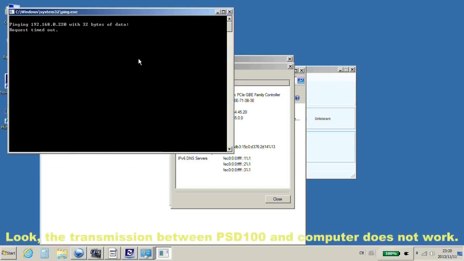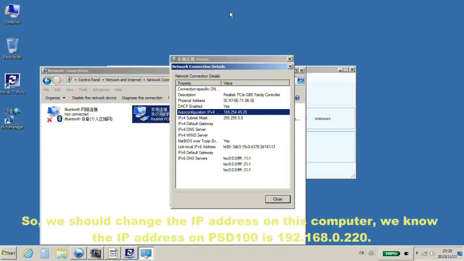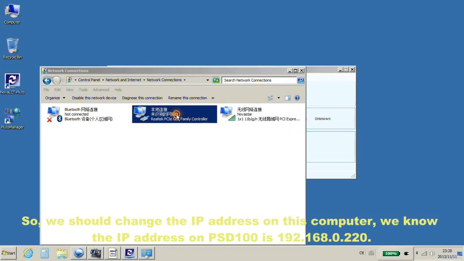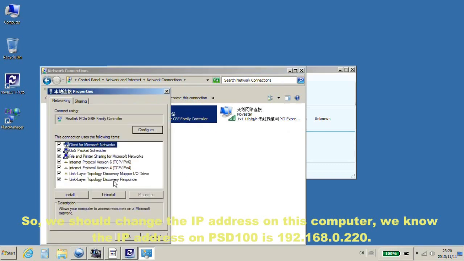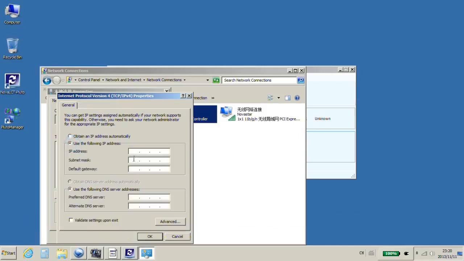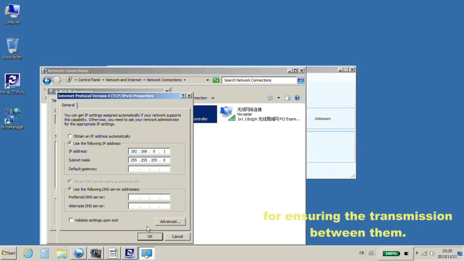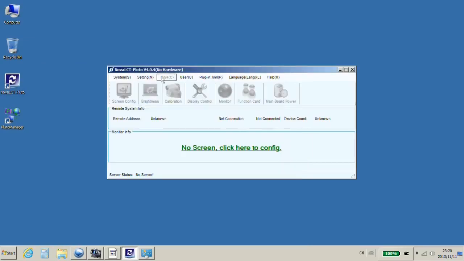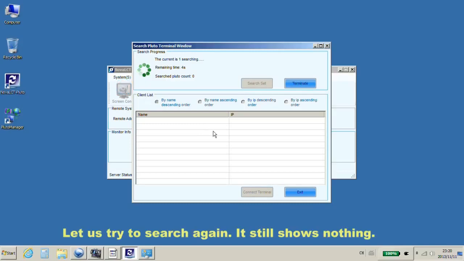Look, the transmission between PSD100 and computer does not work. So, we should change the IP address on this computer. We know the IP address on PSD100 is 192.168.0.220. So here we can change the address to 192.168.0.1 for ensuring the transmission between them. Let's try to search again. It still shows nothing,